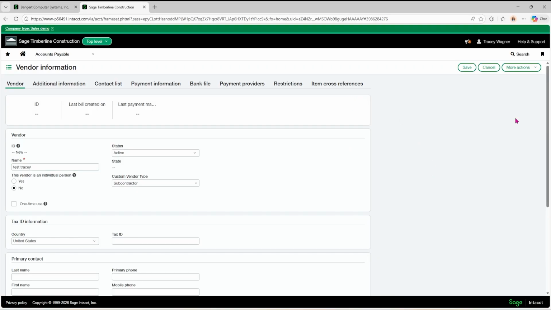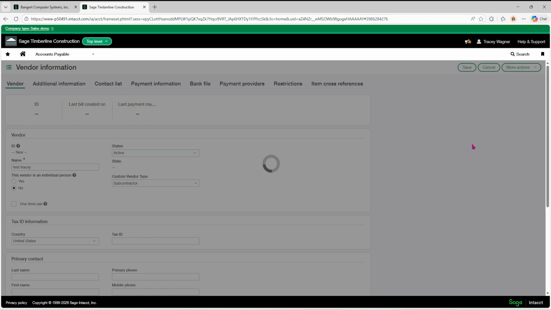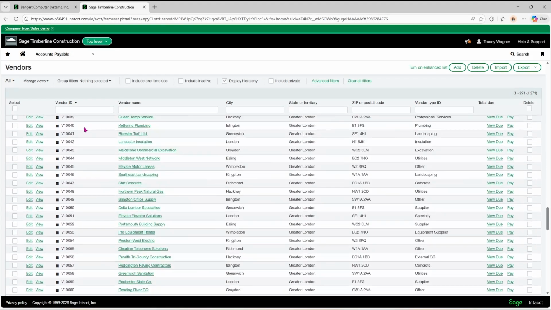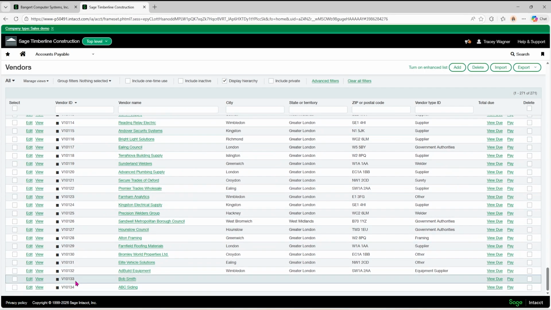Well, how can that already exist if the system is automatically assigning that? Well, let's look. So we're going to go back to the vendor screen. Here's my vendors, and I'm sorted by vendor ID. So if I scroll all the way to the bottom, I can see that that vendor does indeed already exist. Here's that 133 ID. Bob Smith is my vendor. So it already exists. We're going to talk about why that exists here in a little bit, but we're going to first show you how to fix this.